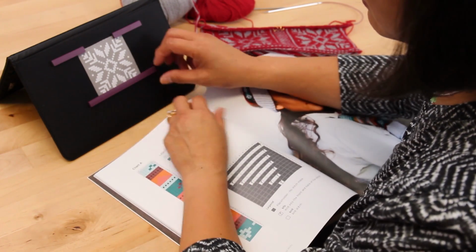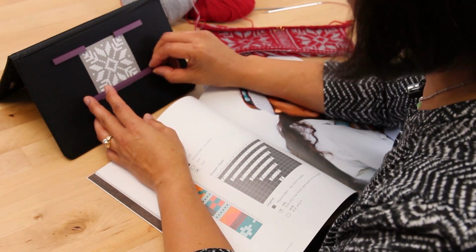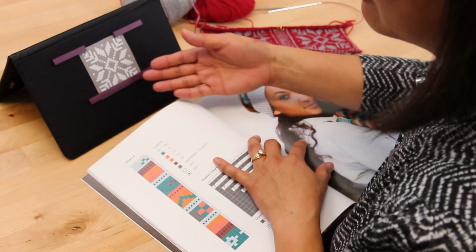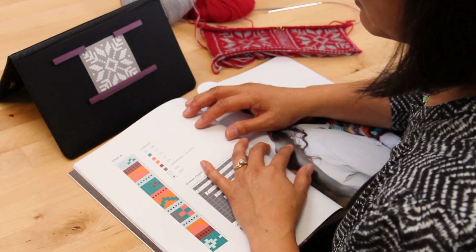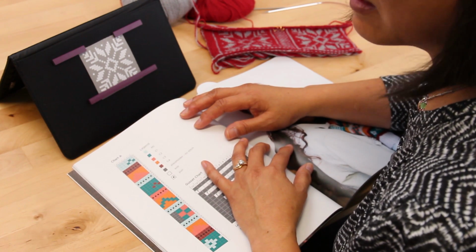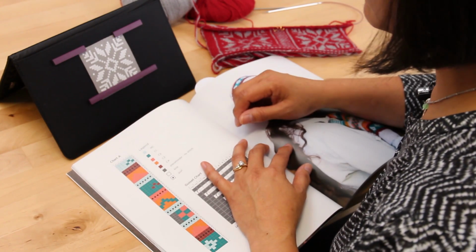This nice chart keeper is great for keeping track of where you are, and you just move it up as you go. And usually a pattern like this would be repeated around the piece that you're working, maybe 5, 6, 7 times. So then you would be able to keep track as you go that you're just knitting that over and over